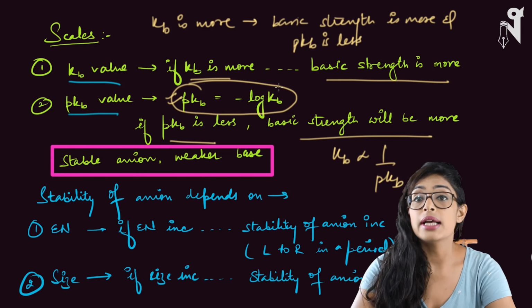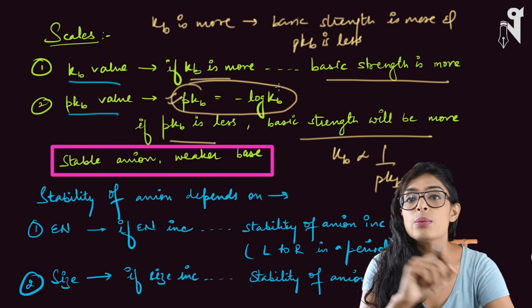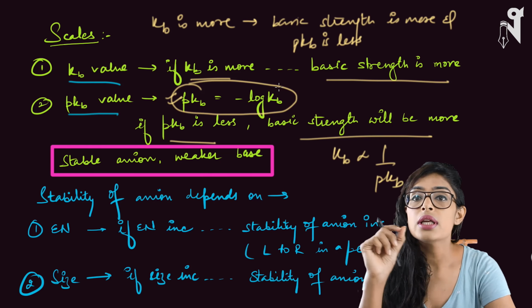What more we have to understand? See, I told you we'll be majorly dealing with the Lewis bases and Bronsted bases. So there the possibility is either the element has a pair of electrons, because of the electron density around the atom we will be talking about the basic strength. So mostly it is going to be an anion or an electron rich species. So if it is an anion, then the more stable the anion, the weaker the base. Why is a stable ion a weaker base? A stable ion is a weaker base because it is happy with its negative charge. So it would not like to give it away. That means it would not like to neutralize itself.